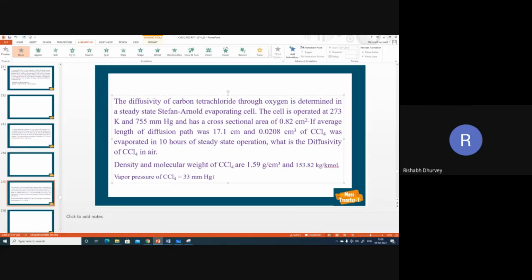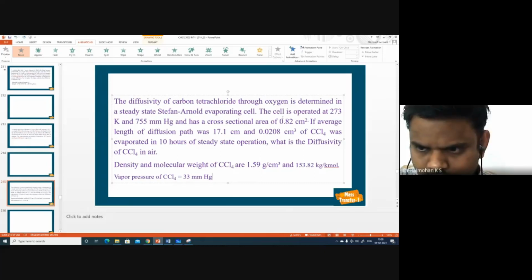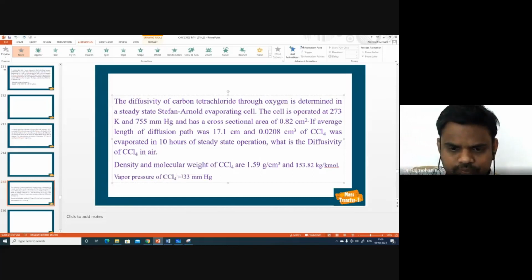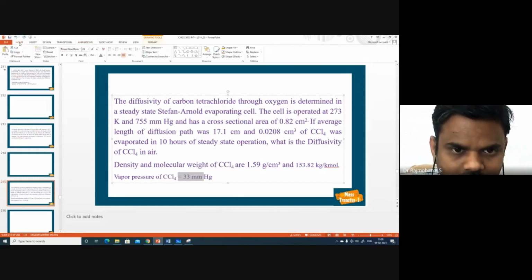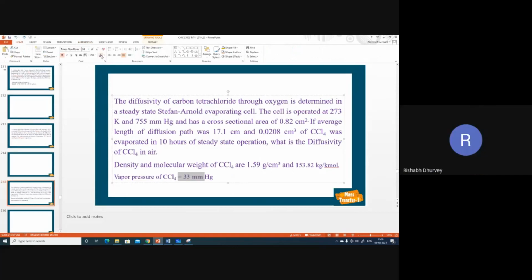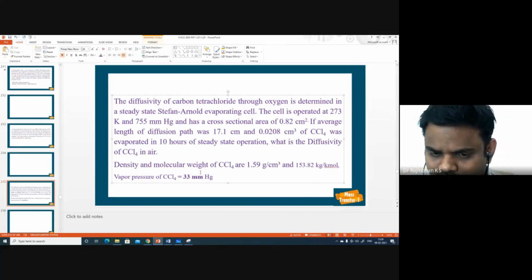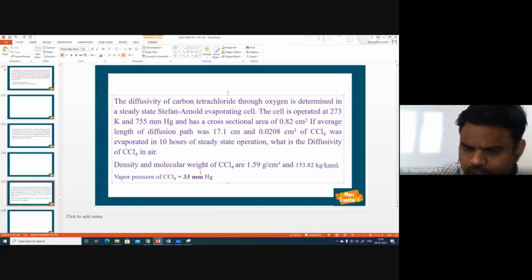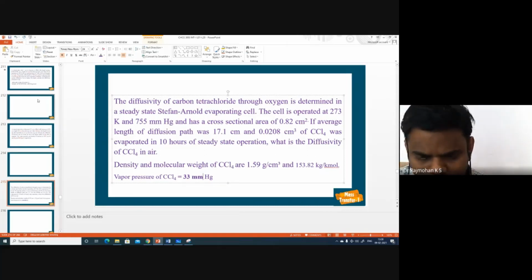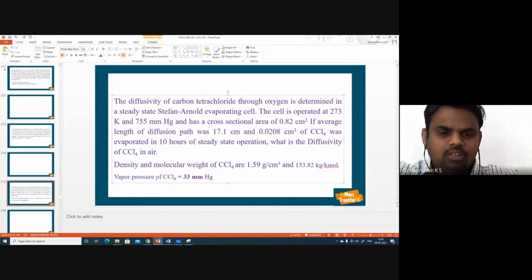Sir, vapor pressure we can't assume like one, no? We have to assume total pressure one. Total pressure is one atmosphere. Vapor pressure, each substance will have its own value. Yeah, this you can make use of. If total pressure is not given in the question, we have to assume one. In general, forget about the exam, how do we get vapor pressure? We make use of the Antoine equation from the reference table, where ABC constants are there. The Antoine equation can be used to determine the vapor pressure. Yes, that is the standard way.